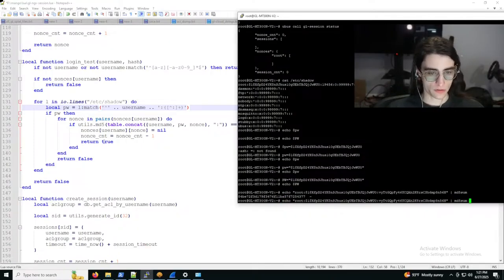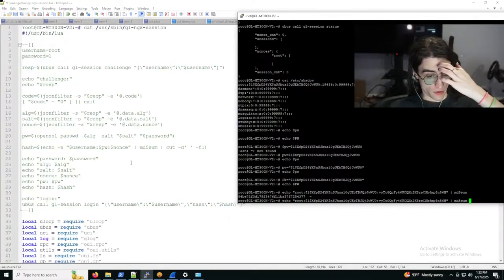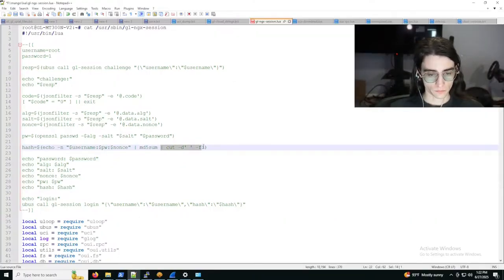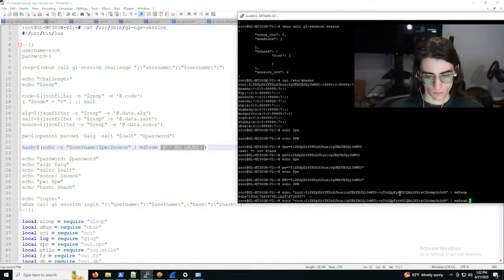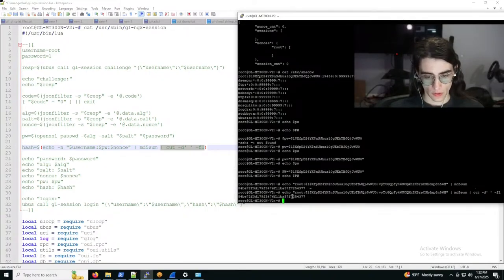All right, and then they cut that crap off the end, so they pipe it to cut D. Okay. There, so that should be our hash. Now let's go to ubus call GL session login, and we are going to, let's see, oops, double quote, username colon root,